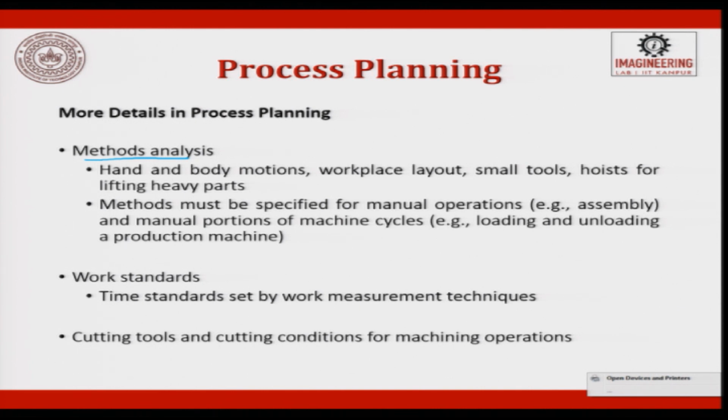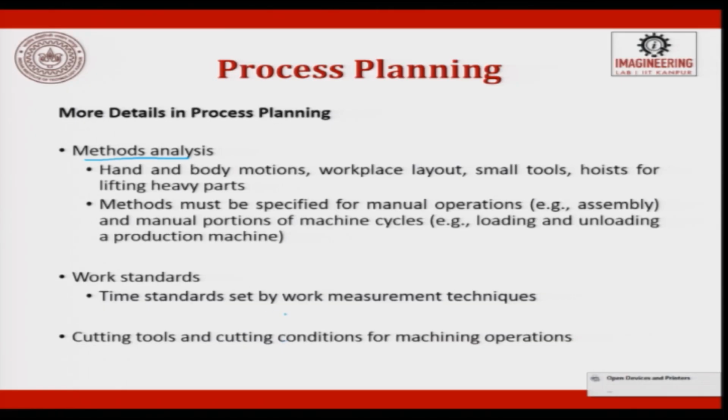So method analysis such as hand and body motion, because in a factory we are not going to produce 1 piece or 2 pieces, maybe hundreds or 1000 pieces. When it is hundreds and 1000 pieces, every time an operator has to bend, load, unload, which is a tough job. So we also do a method analysis of hand and body motion,